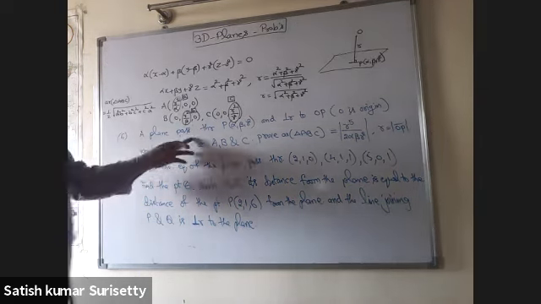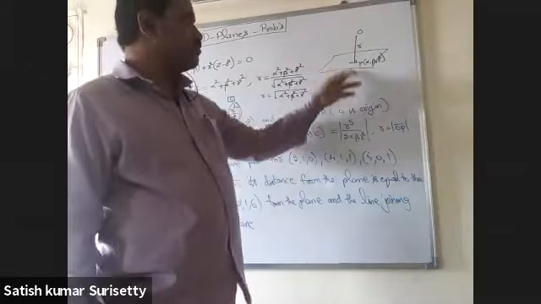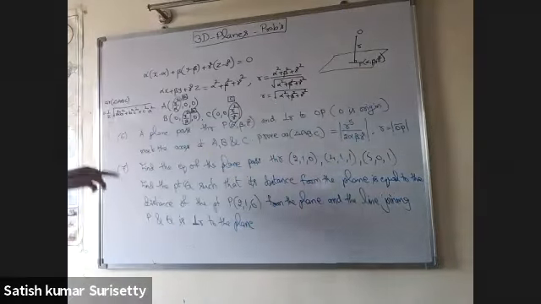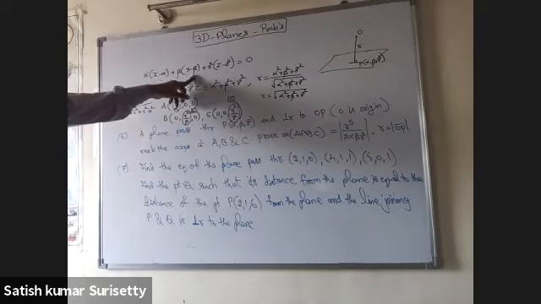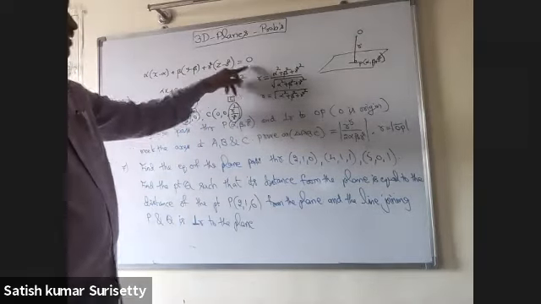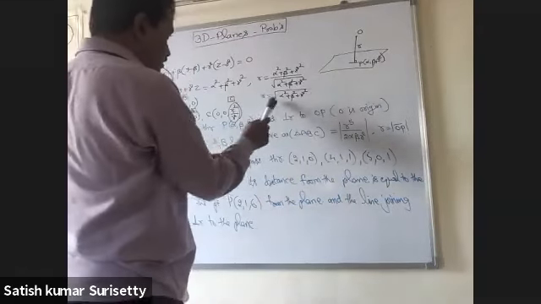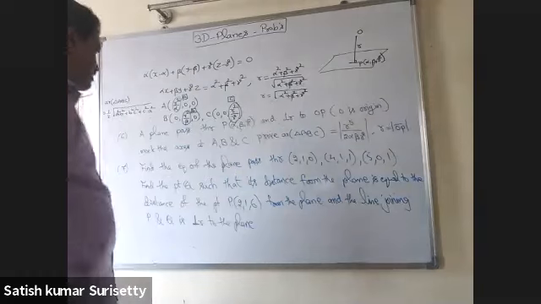So the equation of the plane passing through P and perpendicular to OP. Direction ratios of the normal vector are alpha, beta, gamma. So the equation of the plane is alpha into (x minus alpha) plus beta into (y minus beta) plus gamma into (z minus gamma) equal to 0. Now the perpendicular distance from the origin, r, equals root of alpha square plus beta square plus gamma square.